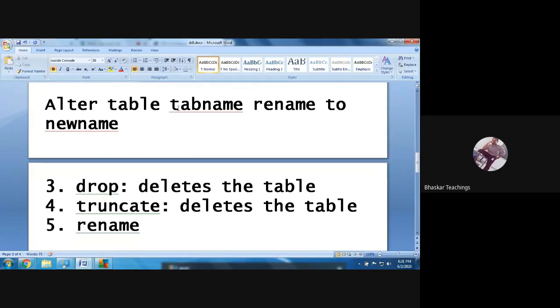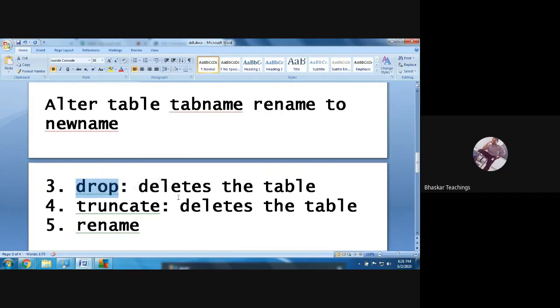Okay. So now with this we have completed the alter command operations. Creation is only a single command, single operation, but alter has many operations because it is changing the design of the table. Fine. Now let us move to drop.